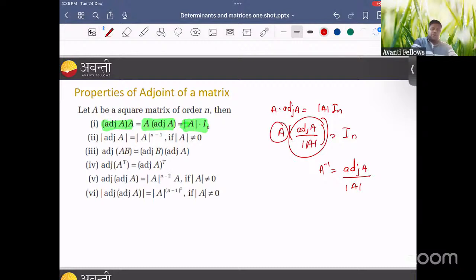A matrix is non-singular. Fair enough, its determinant should not be zero. Now, A to the power n, property: determinant of adjoint A is determinant